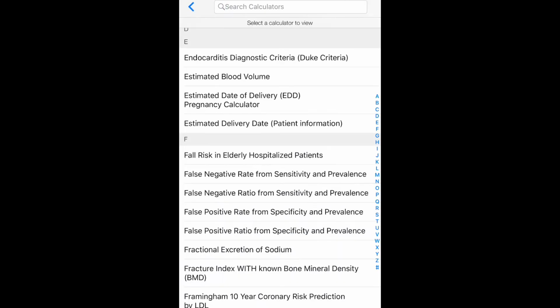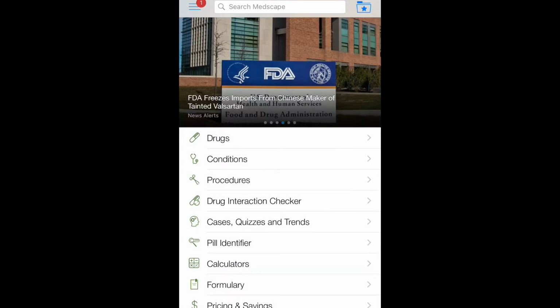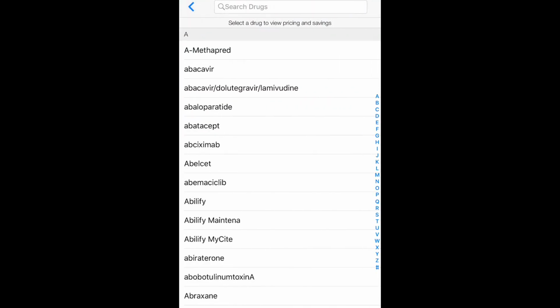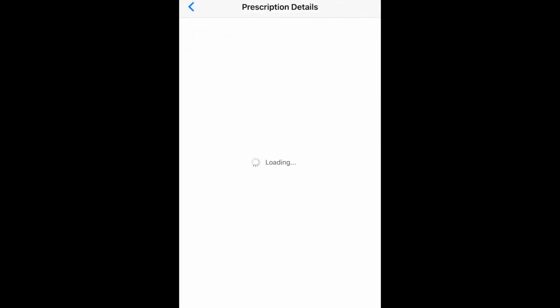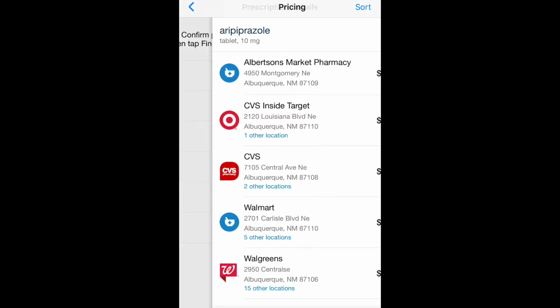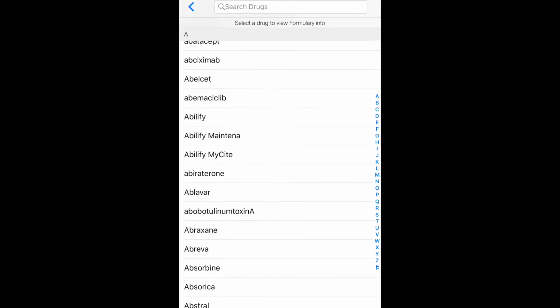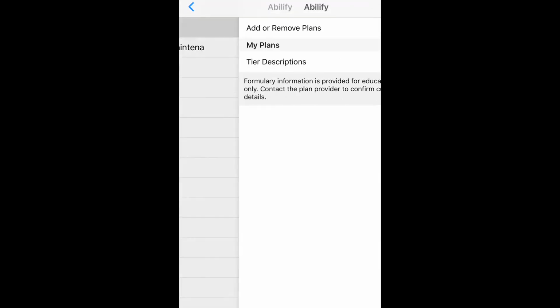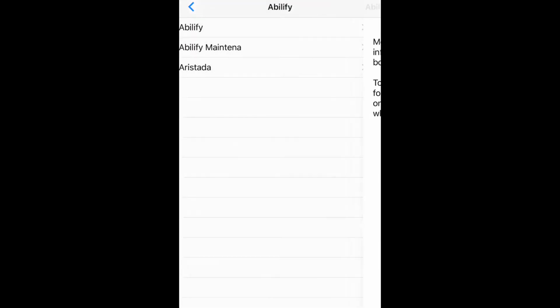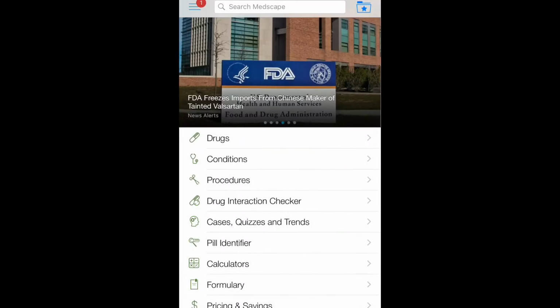It lets you check the retail price of a medication at pharmacies up to 50 miles away from any city or zip code. It can also tell you in the formulary section whether a drug is covered by a specific insurance plan, in what tier, and whether it will require a prior auth. You must add insurance plans manually to your list the first time you use it, but it lets you add